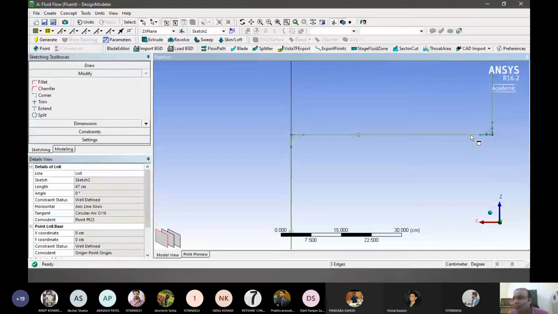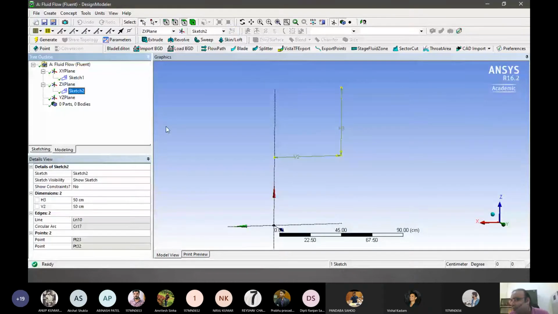Now if we see our sketch, how it looks is something like this, right? Why you are not able to see this is because these dimensions are obscuring our view. I can remove these in the sketching part by just clicking on the dimension because we have already dimensioned it, so there's no need to basically keep them. Oh, sorry.